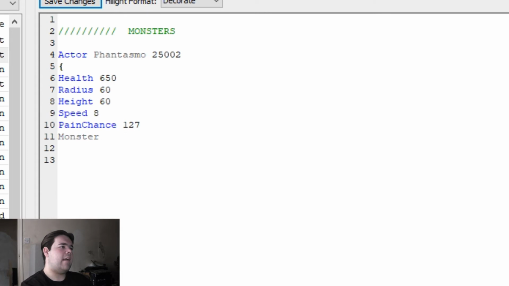Now I'm going to give it a flag. Floor clip. Now flags are like yes and no's, or trues and falses. So plus means true, negative means false, and this here tells it that it stays on the floor. It's like ground based. Putting a negative will,